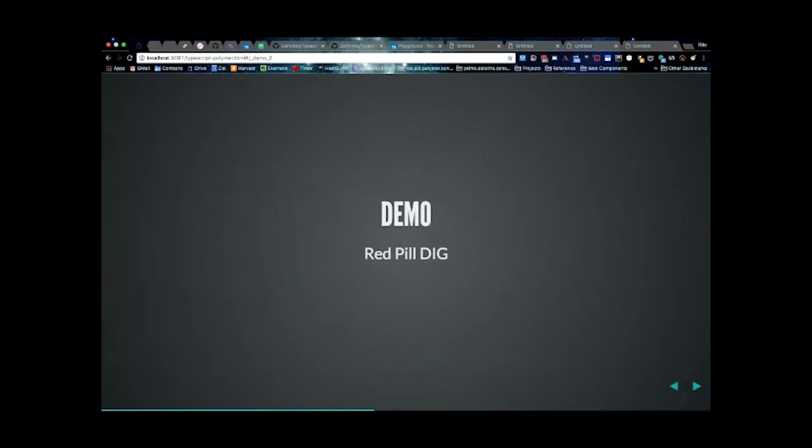So I'm going to do a very quick demo of a Polymer component, just so you can see what they look like, for those of you who aren't too familiar with the way they look. And I'm going to do it using this product called Red Pill Dig. And Dig is a key product of Red Pill now. Essentially what Dig does is something which people don't think about very much, but it basically provides access to